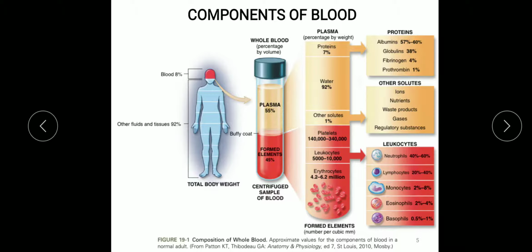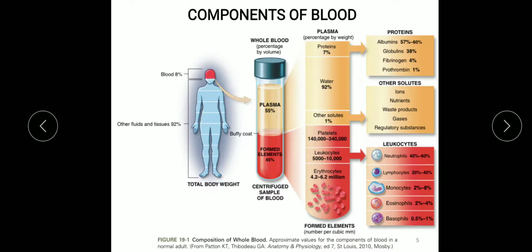So, the blood plasma is about 92% water, 7% proteins, and 1% other solutes. These proteins play a key role in maintaining the proper blood osmotic pressure, which is an important factor in the exchange of fluids across capillary walls. Hepatocytes synthesize most of the plasma proteins, which include albumin, globulins,